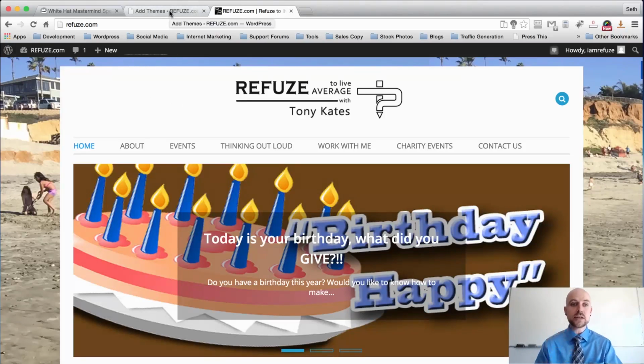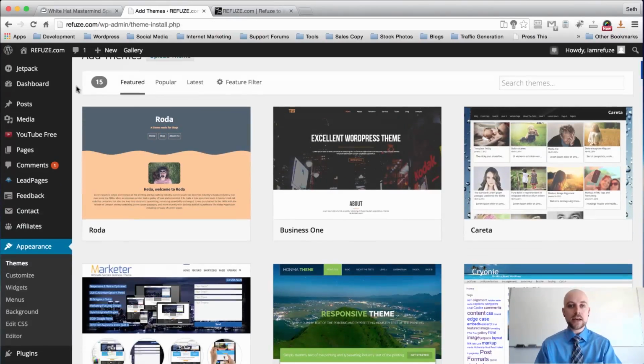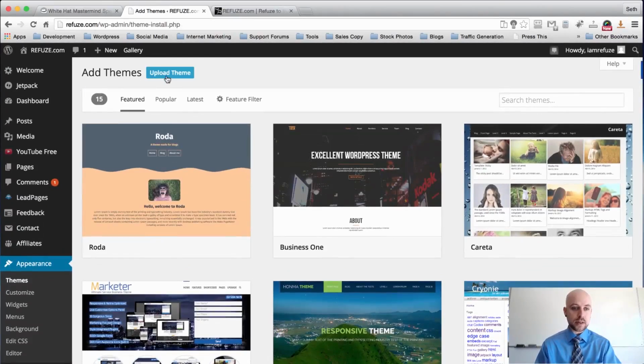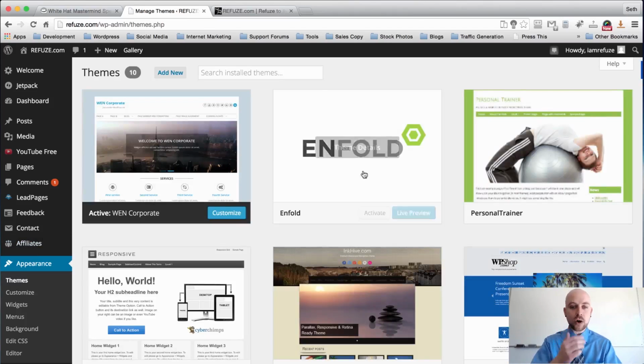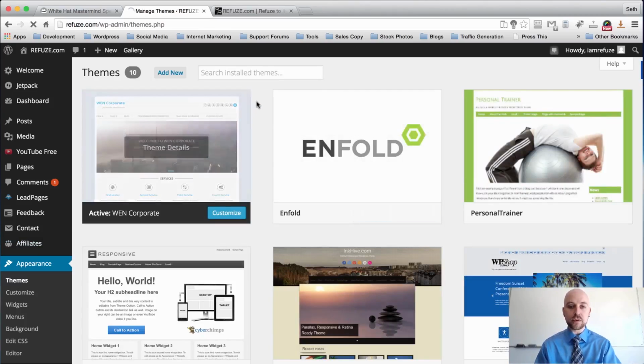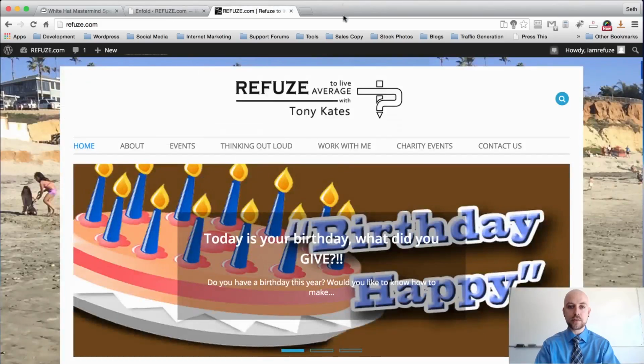The first thing you need to do is go over to your WP dashboard and install the theme. Then you just want to go to Upload Theme, and simply drag and drop it right here. Once you've done that, all you need to do is go ahead and activate Enfold. So we've activated Enfold, and I'm going to go back over to the refuse.com main website and go ahead